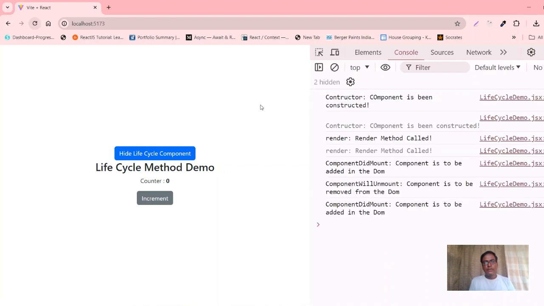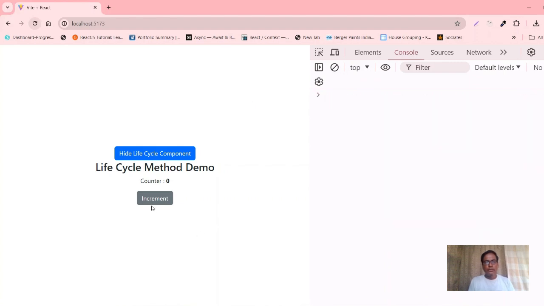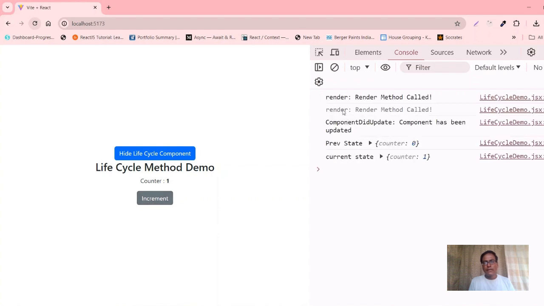Now reload this. Now when we click on increment counter, let's see which methods will be called. When you click on the counter, the render method is called, and after that componentDidUpdate, meaning the component has been updated. Why is componentDidUpdate called? Because when you click on increment, the previous state of counter is 0 and the current state is 1. So within the lifecycle demo component, the state value of the component changes. That's why this particular method is